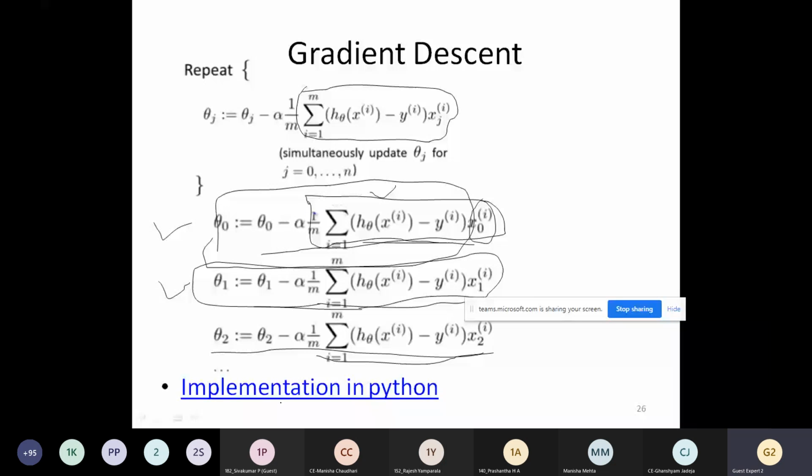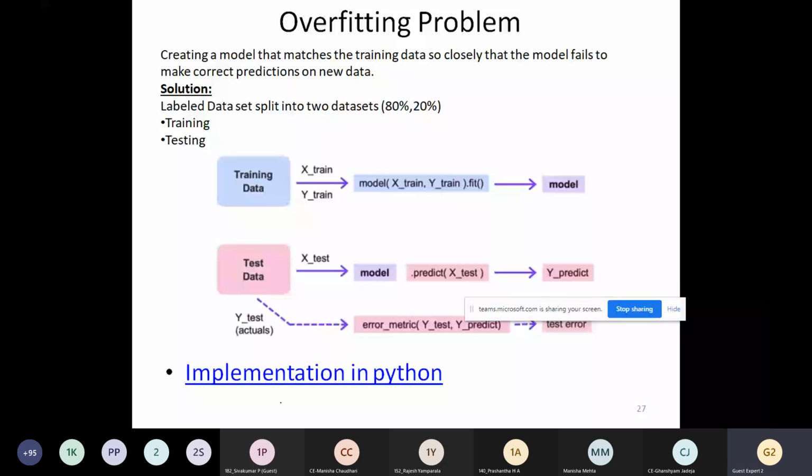So this is all about multivariate regression. Now, while discussing regression models, while modeling your data set using a regression model or any other model, if you create a model by following only the training data set, and you directly use it to predict the value for unknown features, then